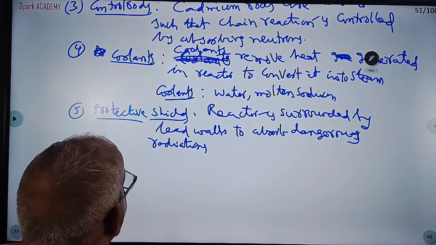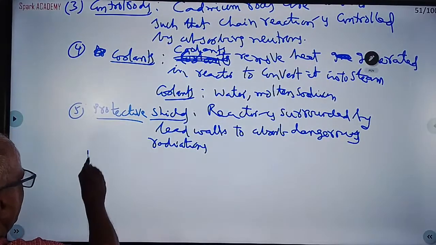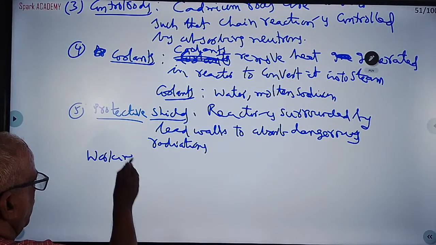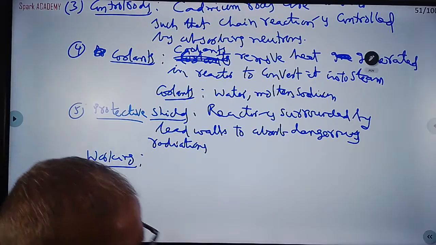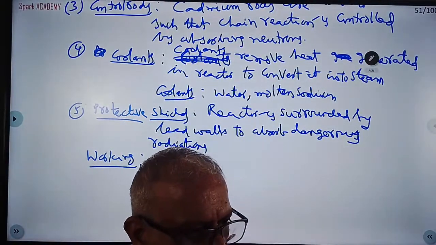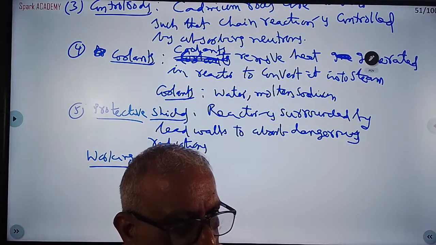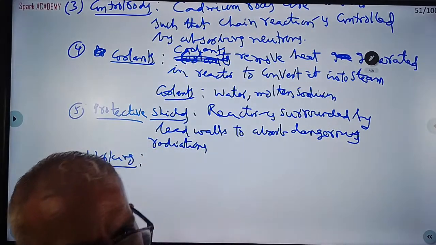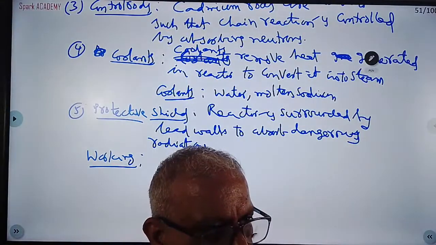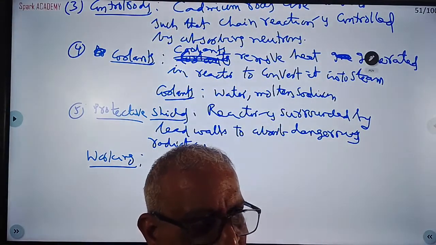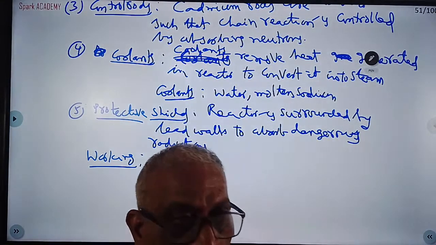So what is the working? All this together you write as working, student. I am reading it out for you. What is the working? You write the parts. Diagram 1 mark, parts 1 mark, explanation of parts 4 marks. Principle 1 mark, diagram 1 mark, working 2 marks. What is the working?